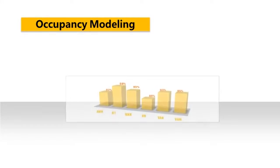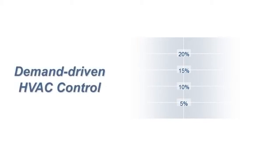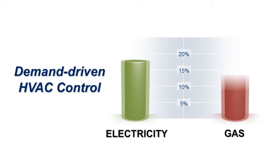The performance of the 6 machine learning techniques was evaluated in both single occupancy and multi-occupancy offices. The demand response occupancy controls was then implemented. The simulation results demonstrated that a total of 20% of the gas and 18% of the electricity could be effectively saved if the occupancy model was integrated with the HVAC control systems compared to the conventional HVAC controls that are